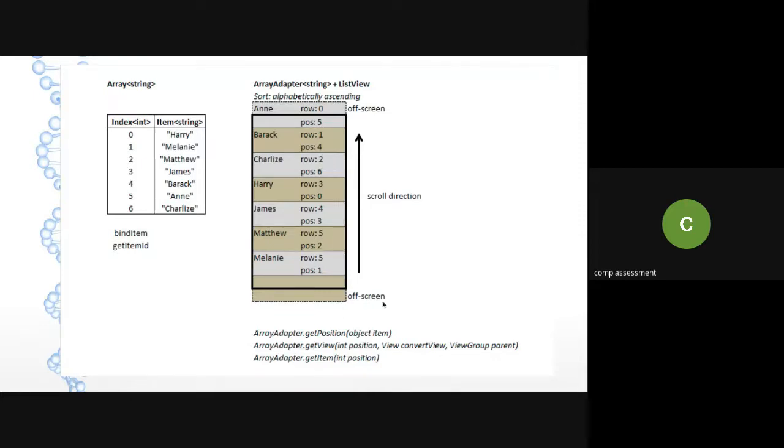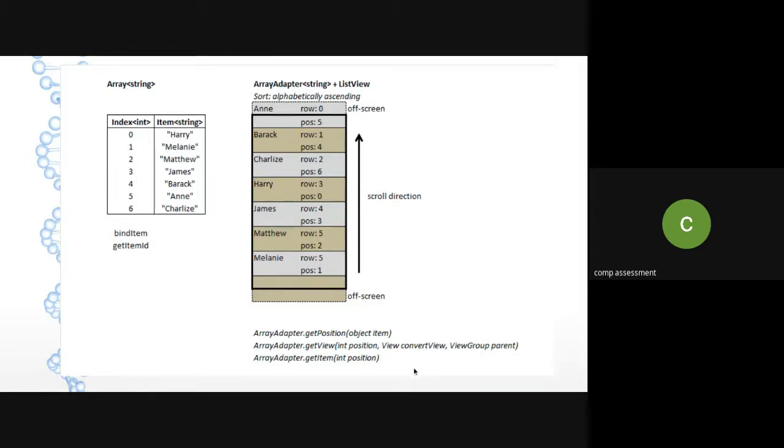By using getPosition, it will give me the position in the list. With the getView method, it allows me to give a position, that is, in this particular list, how I want that particular atom to be. So getView: position, contentView, and the ViewGroup.